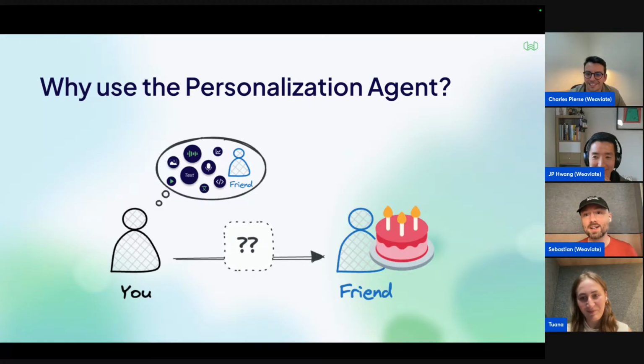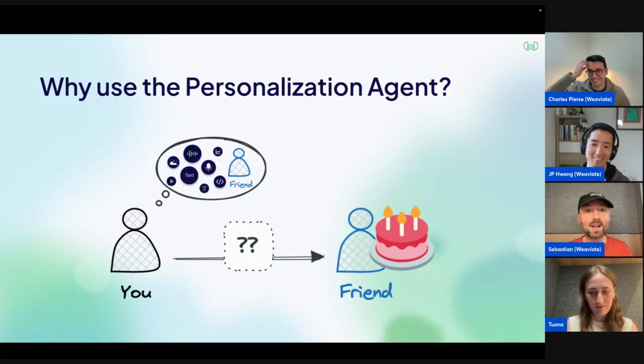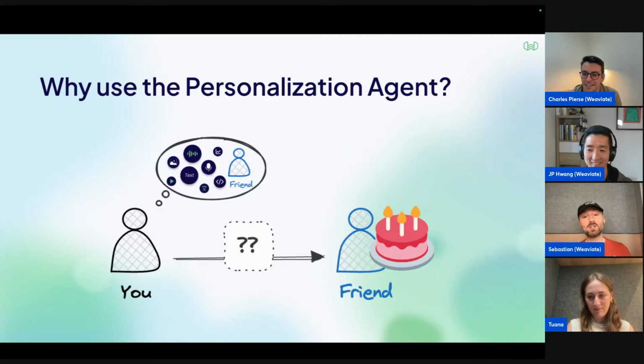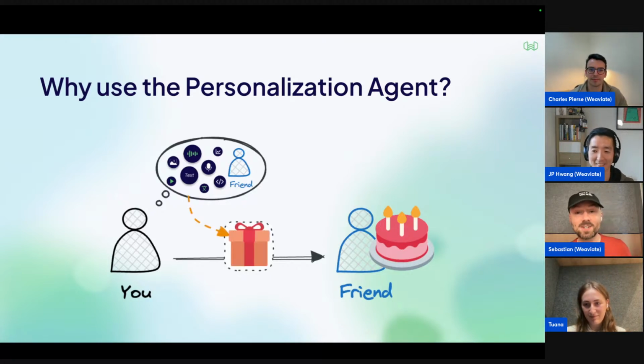You think, oh yeah, Sebastian is a Liverpool fan. They just won the Premier League. He's super excited. I can get him a T-shirt. You know, he likes wearing red. You know, go proud. And this is basically exactly it. It's how we can use the power of something like a query agent and the power of Weaviate, based on the information that we have about this specific user, and then buy them the best gift ever. Liverpool winning the Premier League is already a good gift, but if you top it up with a T-shirt, that's always way better. And that's the idea.